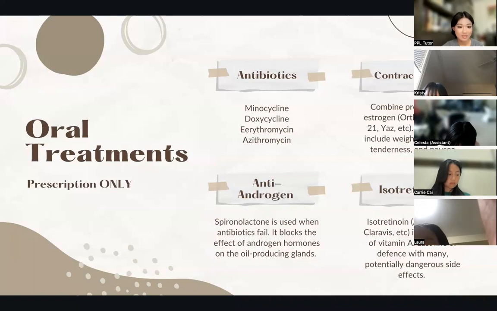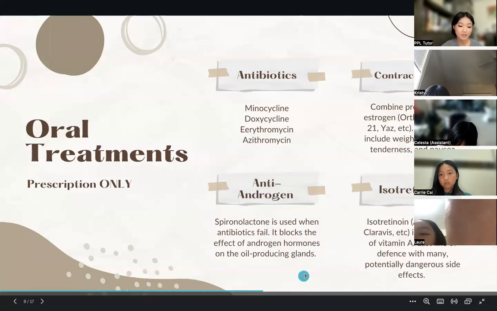This girl in my advisory, she had really severe acne, and then in just 3 months on spironolactone, it completely went away. It was miraculous. So it can be very effective when antibiotics fail, and it blocks the effect of androgen hormones on the oil producing glands. So androgen hormones can no longer speed up or make your clogged pores any worse, which then ultimately makes the whole thing better.